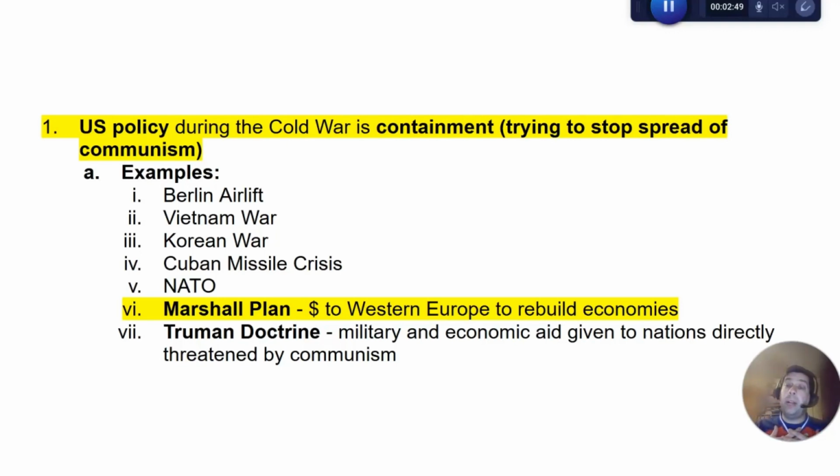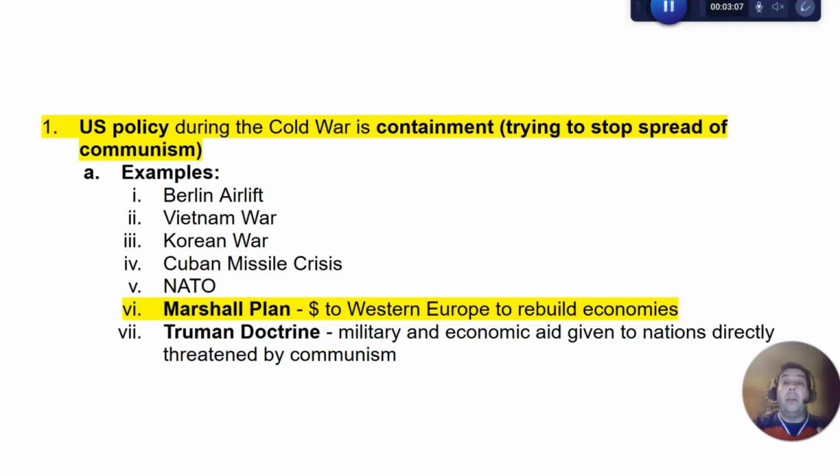And I know, at least in my class, we looked at a whole lot of political cartoons with the United States trying to keep dominoes from falling over, right? All these things are examples, and I'm not going to go into detail of each of these events. Go back through old class materials.